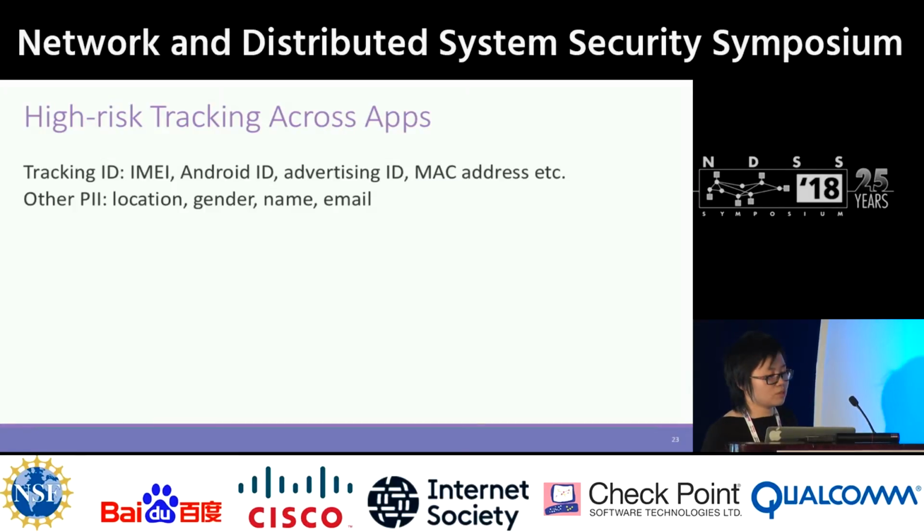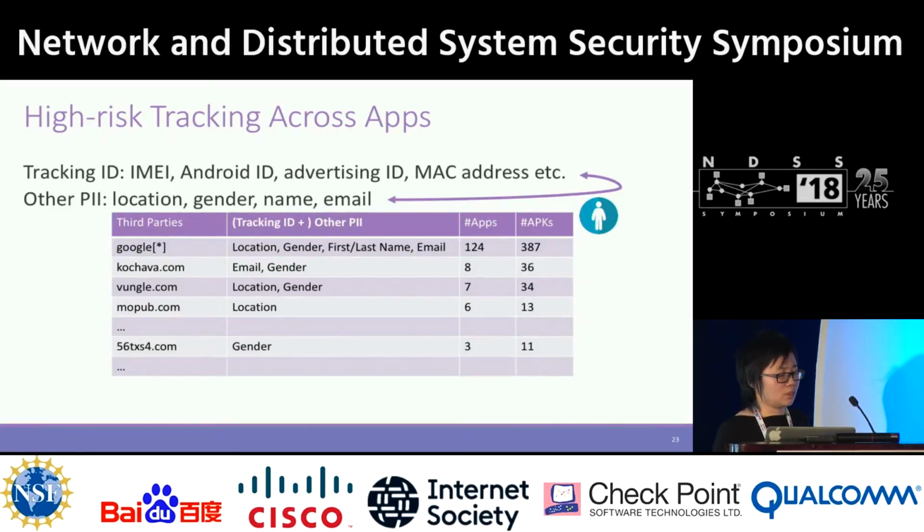The tracking ecosystem usually uses this to track users along with other user activity, like where they are and their basic profile information. What they can potentially do is build a profile linkage between these two pieces of information. So we go out and aggregate this information across different